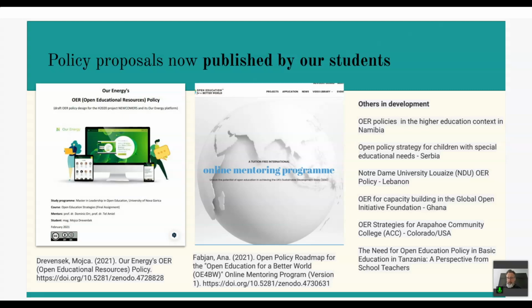And you can see that there are very specific actionable policies. So one of them, the open policy for children with special needs in Serbia, is an actual project that's happening already and it's been funded. So it's ongoing and it will have an immediate impact. Some people are studying policies for their institutions, and they're at a position at their institutions where they can actually enact something, which is quite exciting. And some, like Colorado, is a policy that's already in development, but could be improved. And so this framework provides some insight into doing that as well. And these will be published hopefully in the next few months as well.